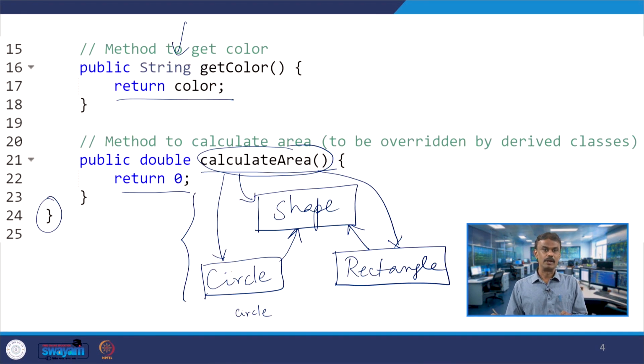Here, when you look at the scenario, Shape is the base class, and Circle and Rectangle both are inheriting Shape. This is exactly how it is happening. Circle is the derived class where the base class is Shape; Rectangle is the derived class and the base class is Shape. And then you are having set color, get color, calculate area. In fact, calculate area is being overridden. So, when we talk about method overriding,